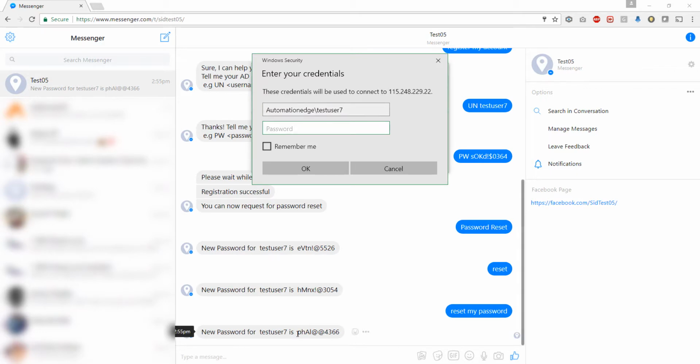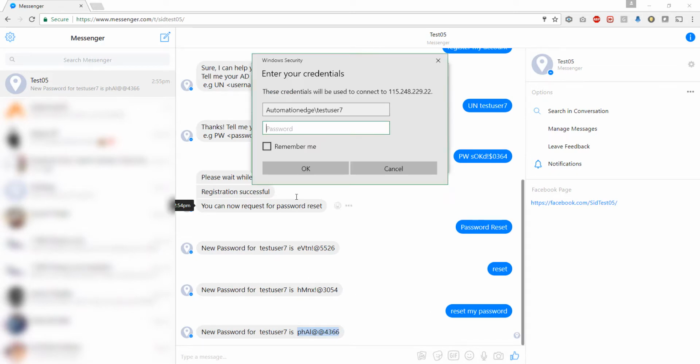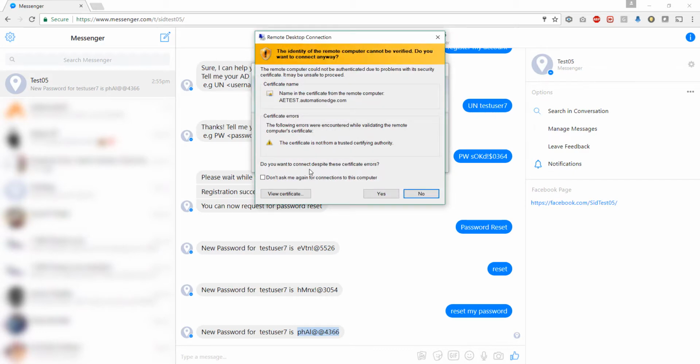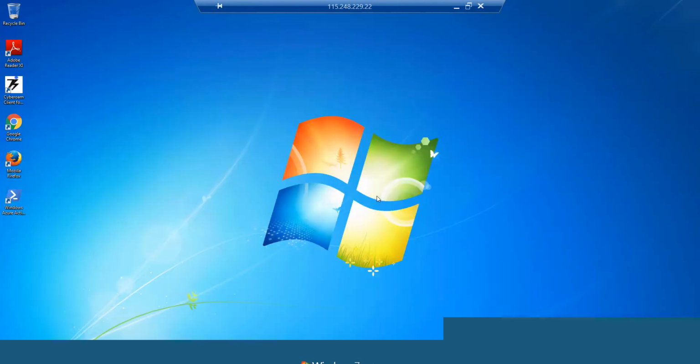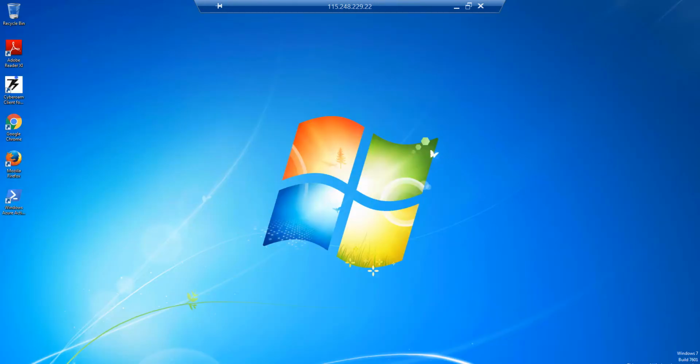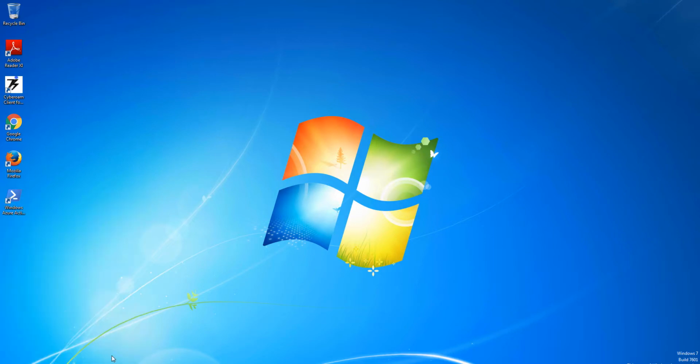Let me copy the password from here. Let us log in now. So as you can see, we have successfully reset the password in Active Directory and we are able to log into this user's machine. So there you see test user. So let us log off this machine.